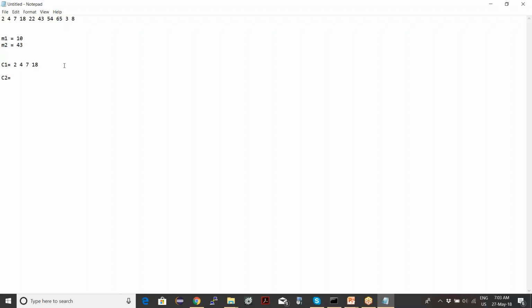Yeah, 43 is here. 54 is more close to 43, right? 65 also would be here. 3 would be here. 8 would be here. Okay. So these are my two clusters. So this is step 1.